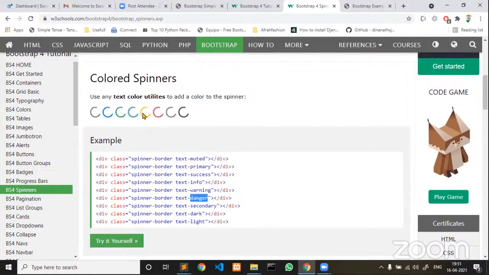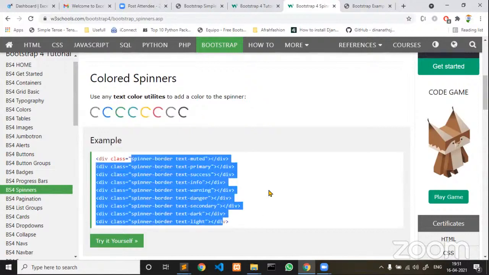This is the danger color. This is the text-secondary color, the warning color, and the light color. You can even see that something is loading. This is the text-light color. They are using a combination of multiple classes. Everywhere, Bootstrap is ready-made classes.